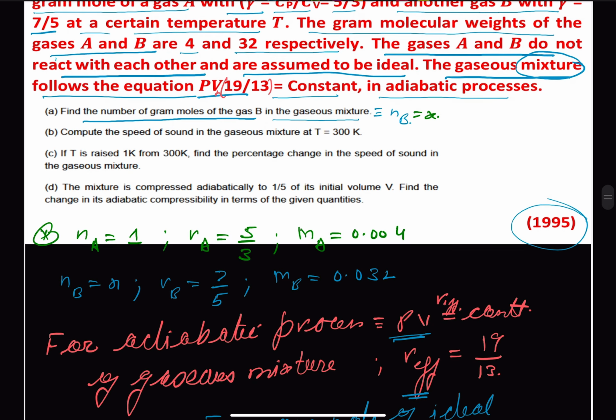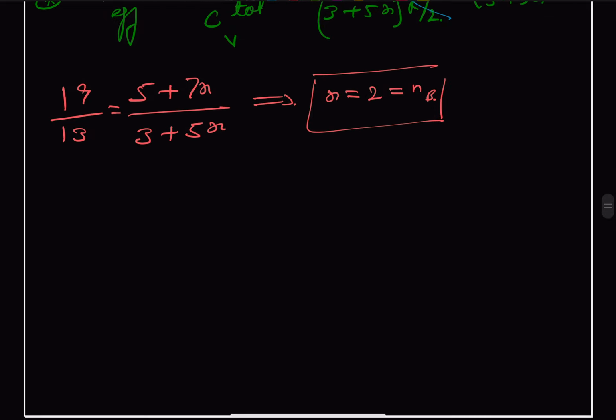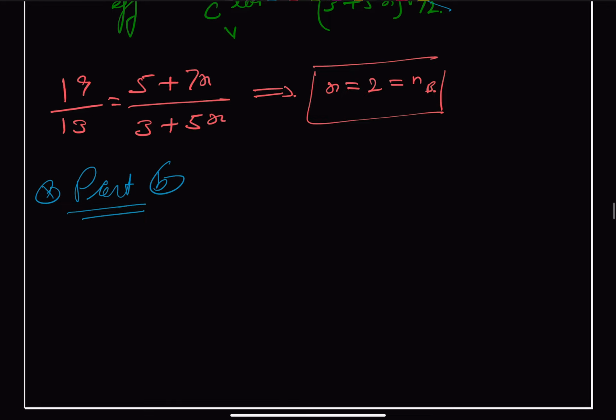It states: compute the speed of sound in the gaseous mixture at temperature T equal to 300 Kelvin. Speed of sound basically in the gaseous mixture. So we have part B, and we know the speed of sound in a gaseous mixture, that is our V. So we can write the formula that we are having,